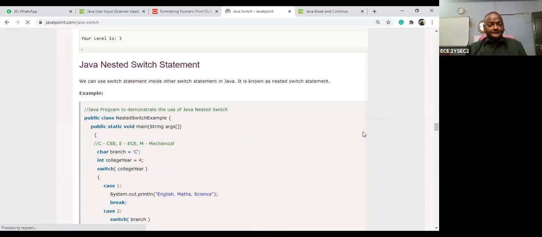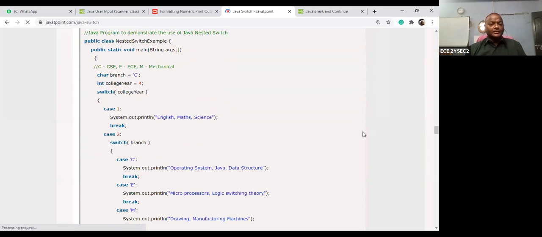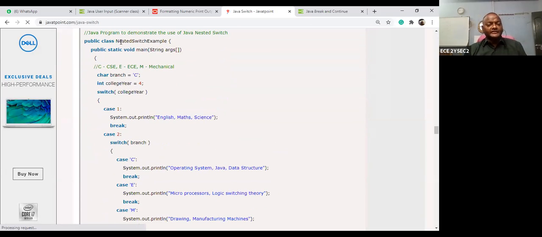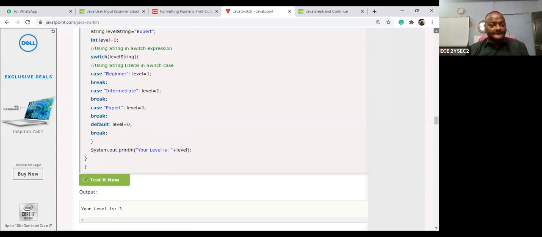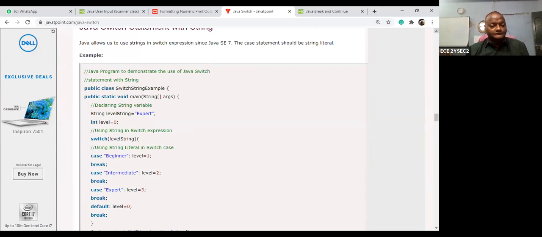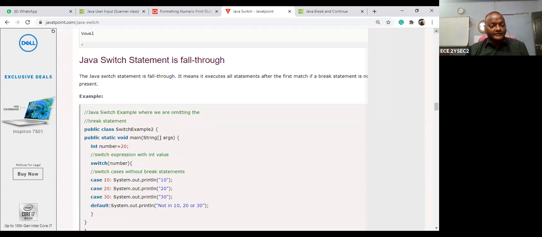So this is called a switch program. Let us take how to assign. This is our class name, and this is called the main program. Okay, I can show you one more program. So this is called a switch case.